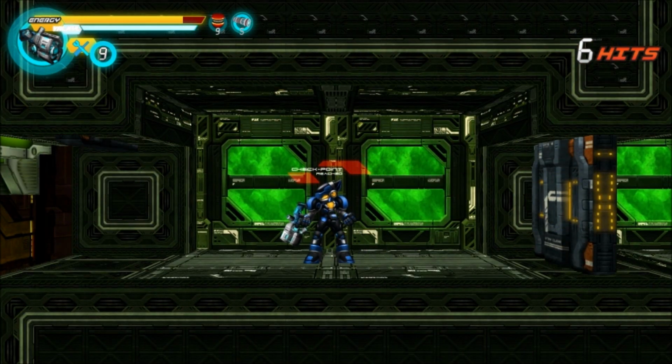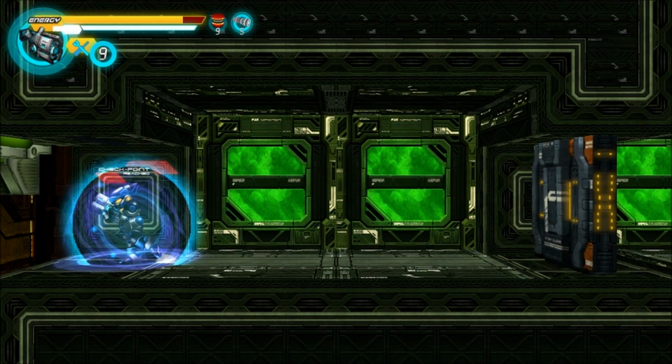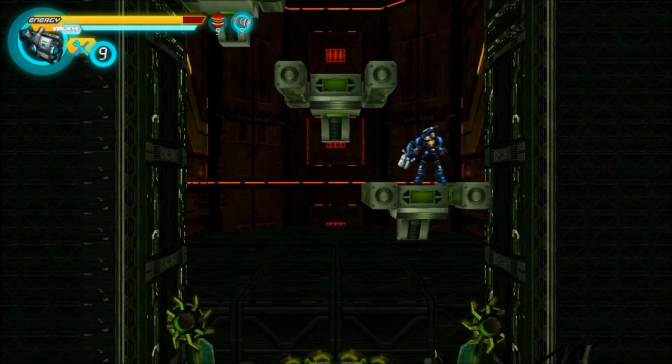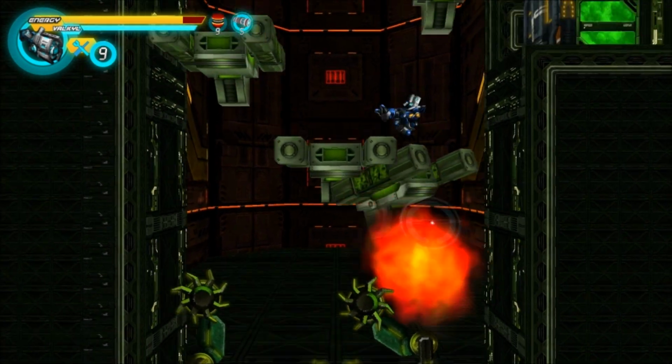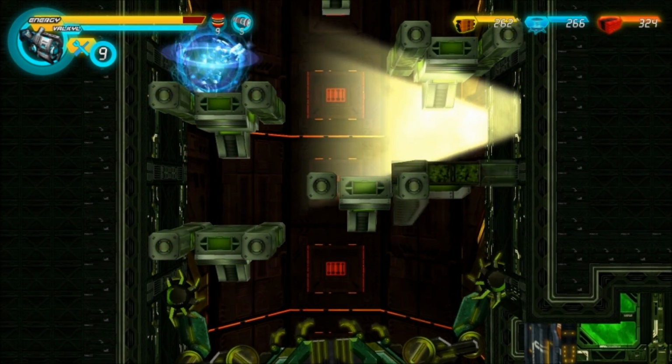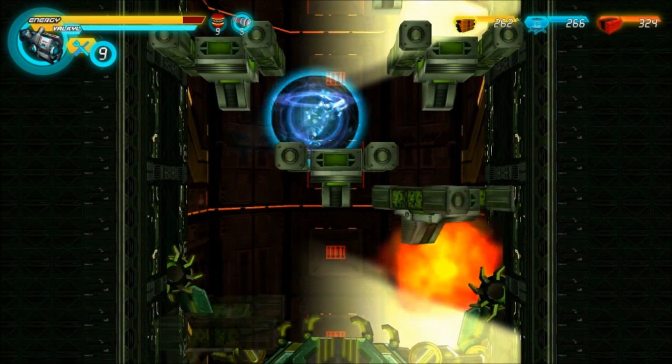But let's keep going. In this part, guys, this is a hard part. Now when we first start, you want to immediately charge your ability up and jump to the left side. Now for the left side, you can just stand here